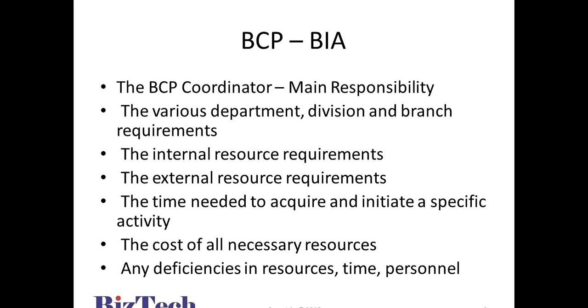And again, the BIA lists the internal and external resource requirements. So in a disaster situation, what are the external firms you need to contact? It could be construction contractors, repair contractors. So you need to have the right alliances and engagements, and a pre-screened list of suppliers in place, so that should something happen, you don't want to be looking for those resources at the time of disaster because you have other things to worry about. You want to have a list of pre-qualified suppliers